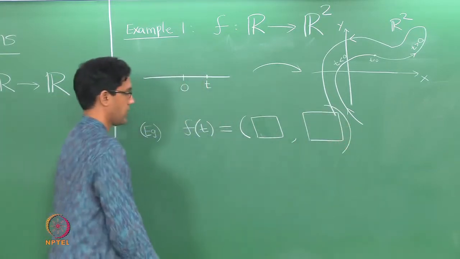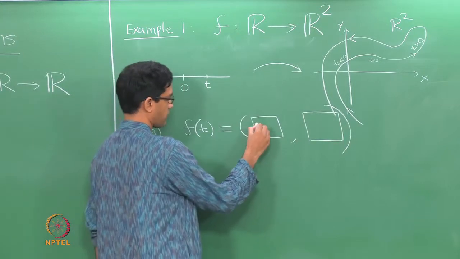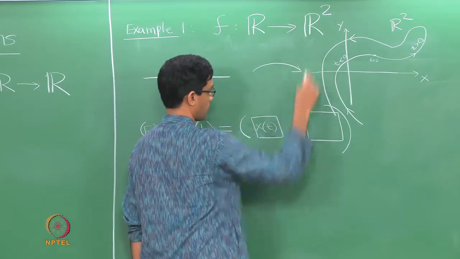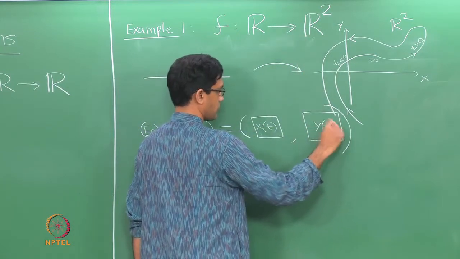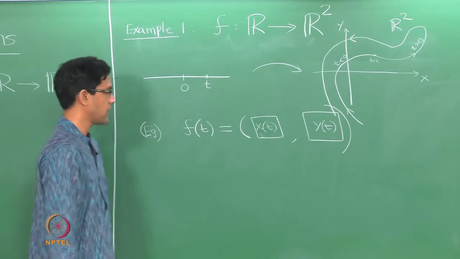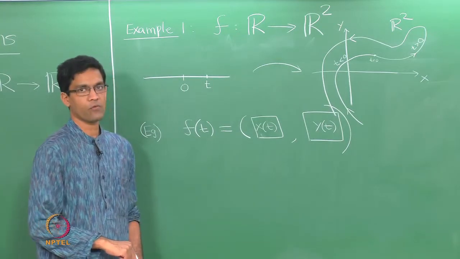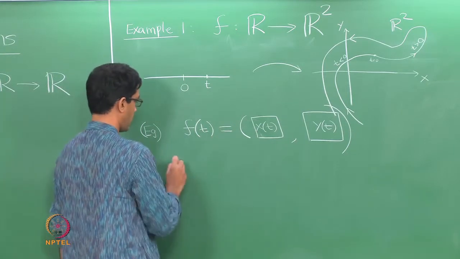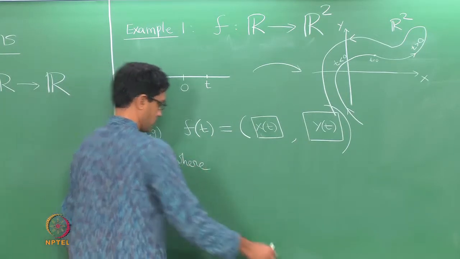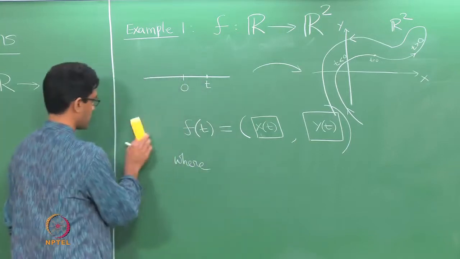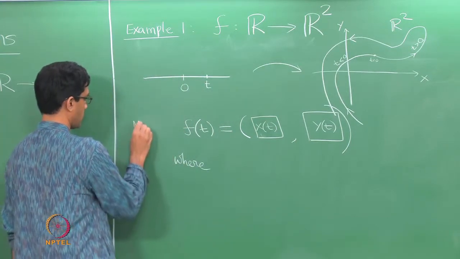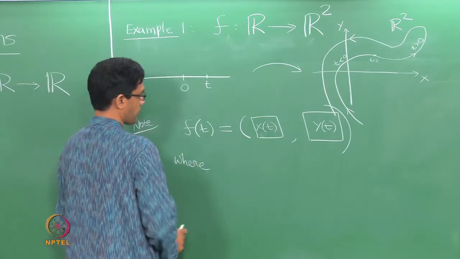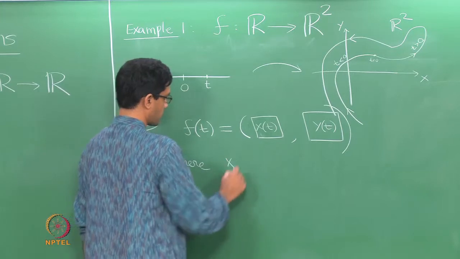Okay. So this is sort of the most general way of writing a function which goes from R to R2, which is, you should say, essentially f of t equals the pair x of t comma y of t, where x of t and y of t are just functions from R to R. So I'm not yet at my example, so let me just say note a function f from R to R2 is really always of this form x of t, y of t. What are x of t and y of t?